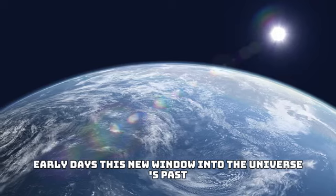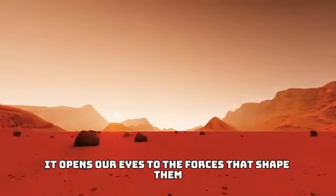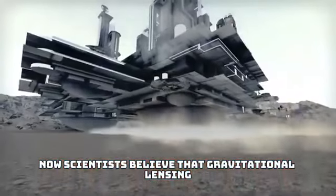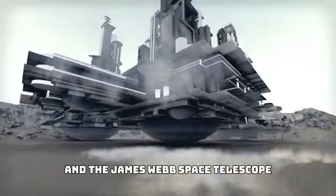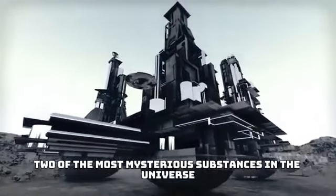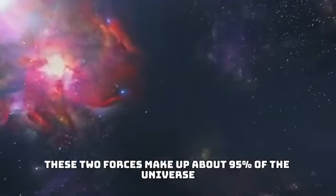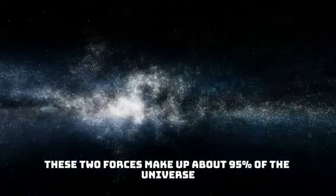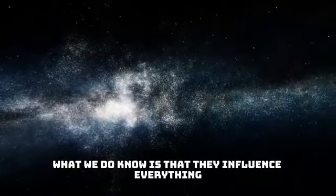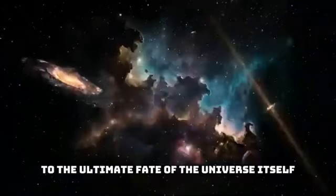This new window into the universe's past doesn't just show us galaxies. It opens our eyes to the forces that shaped them. Now, scientists believe that gravitational lensing and the James Webb Space Telescope will eventually allow them to discover two of the most mysterious substances in the universe: dark matter and dark energy. These two forces make up about 95% of the universe, yet we understand very little about how they work. What we do know is that they influence everything from the formation of galaxies to the ultimate fate of the